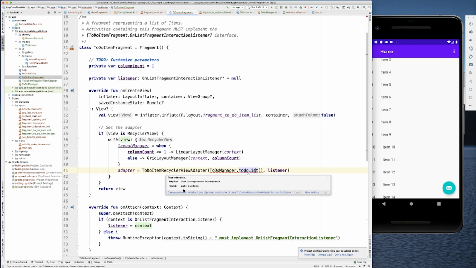Now for this, you can see that what is required is a list of dummy content dummy item, and what we're trying to pass in is a list of to-do items. This is what we want, but we have to do a little bit of refactoring within this view adapter, because the view adapter is expecting some dummy